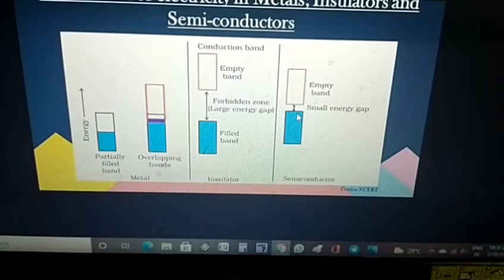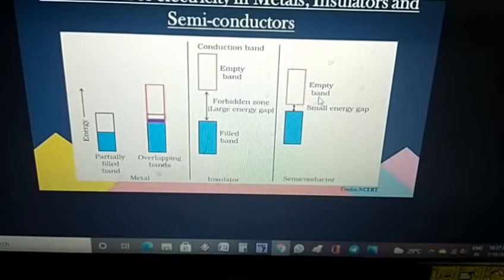Generally, substances like silicon and germanium show the semiconductor property and they are called intrinsic semiconductors. The conductivity of these intrinsic semiconductors is very low. So what should we do to use them practically? To increase their conductivity, we add impurities. By adding the impurities, we can increase the conductivity of these semiconductors. That process is called doping.